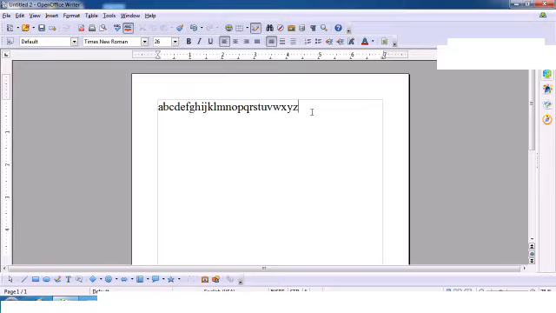Now let's see how we will type numbers. So to type numbers, you can see on the top of the keyboard, the number keys are there. So you can type 0, then 1, 2, 3. Typing numbers you will find very easy. So after you have typed 9, once again you will press the enter key to go to a new line.